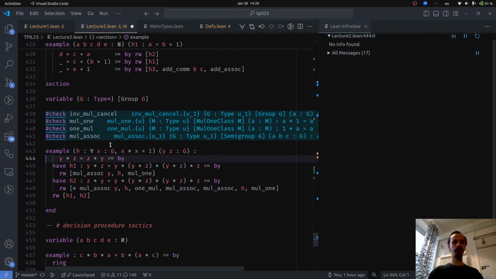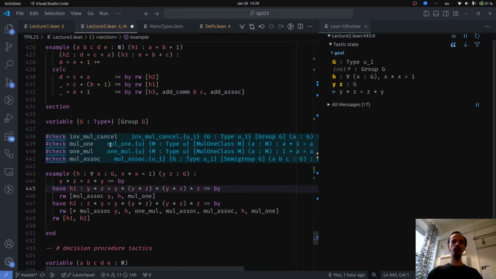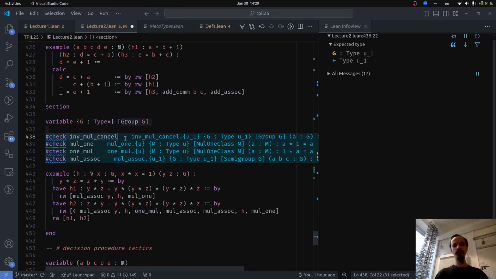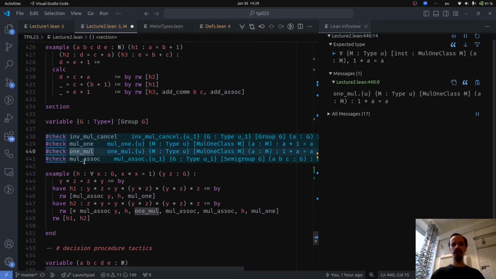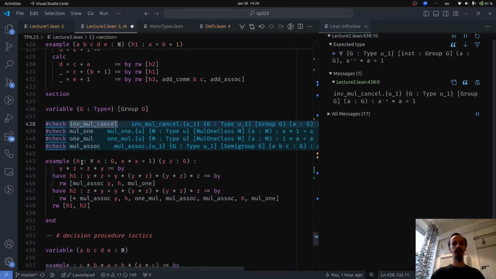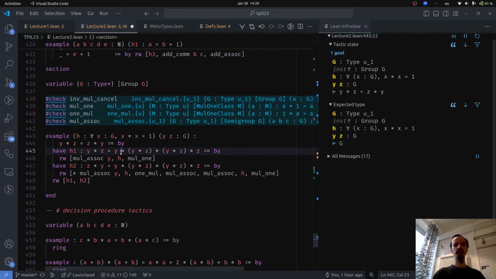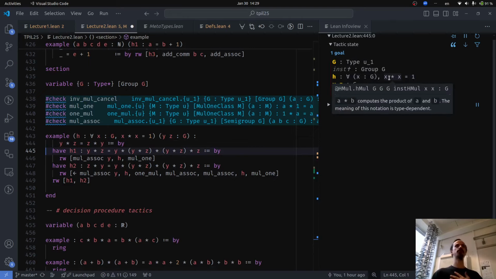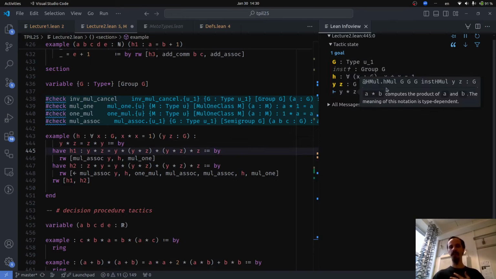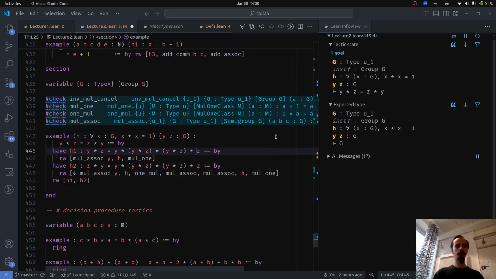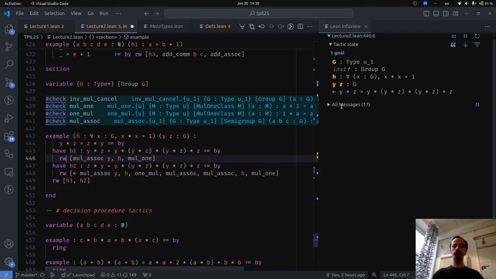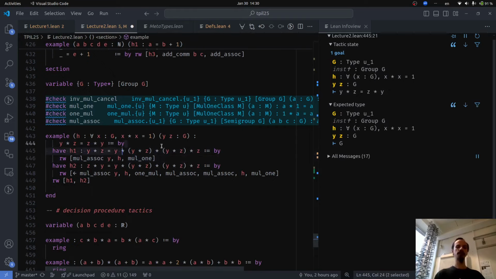This is a more mathematically interesting example where we have a group, and there's a bunch of hypotheses here, or a bunch of theorems that are true about groups that we're going to need. We want to prove that in a group where every element has order 2, it is commutative, so y times z equals z times y. And the way we can do that is by showing that both y times z and z times y are equal to this particular expression here